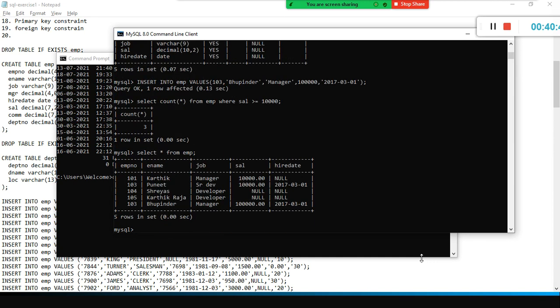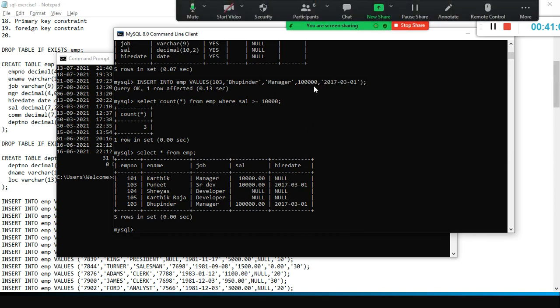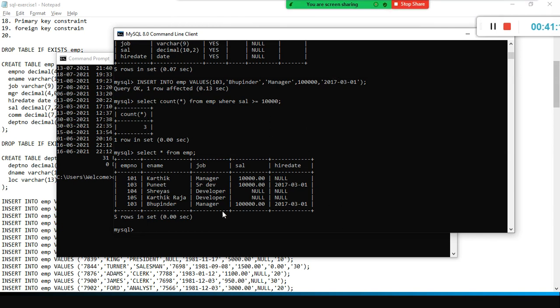And importantly, somebody asked this question: why should I know SQL query? Can't I use Power BI? If the management asks you these kind of small queries, doubts, you don't have to use Power Query for everything in Power BI. Instead, you can go to SQL and say, hey, how many employees are getting more than 10,000 salary? 3 employees. I am playing around with small data. These queries are very powerful, very helpful.